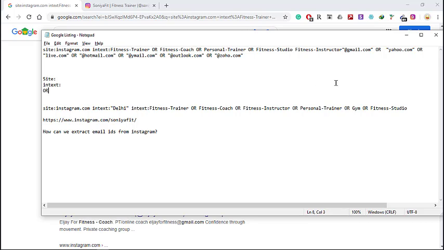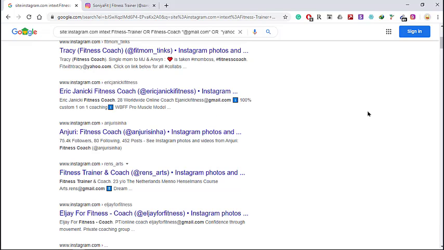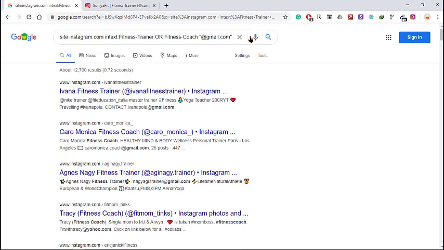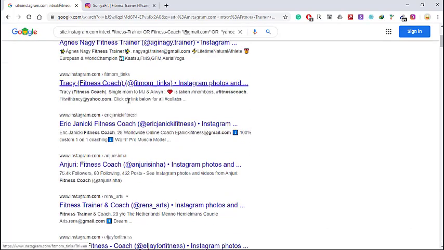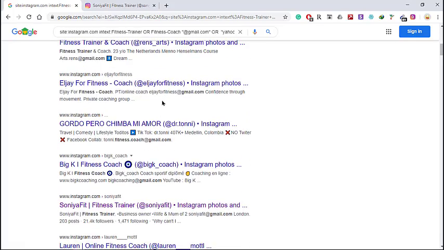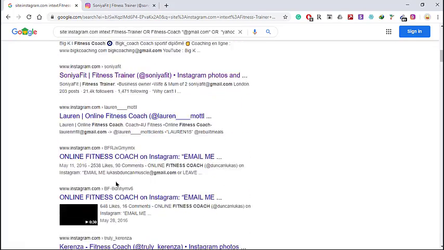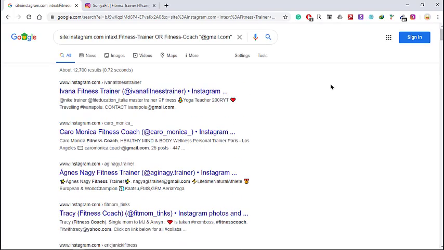So now we need their emails. What we are doing here is, in the search string, we are adding in inverted commas all the popular email accounts like Gmail, Yahoo, Hotmail, Ymail, Outlook, Zoho. So let's see what happens. This is what it is. Now it has all the email IDs here, and we have to extract all the email IDs from this page.